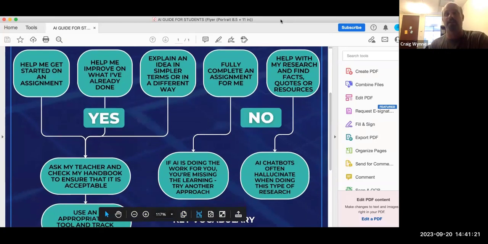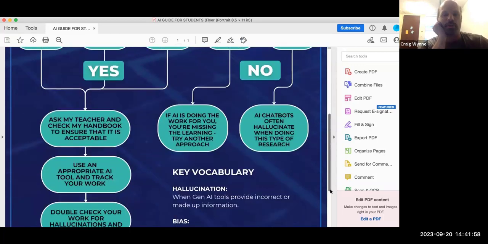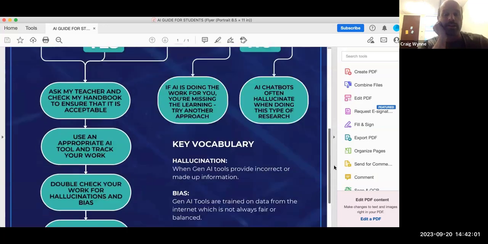a lot of times, and I think David and I were just talking about this before our talk, AI isn't smarter than a human, but it really just amalgamates data, and sometimes it doesn't give the most accurate data either. So it should never replace research if you're using anything like that. If you're having students do research, it shouldn't replace that. Students still do need to actively engage in that process. So I just wanted to share this one pager with you, and I find that it's a very good tool